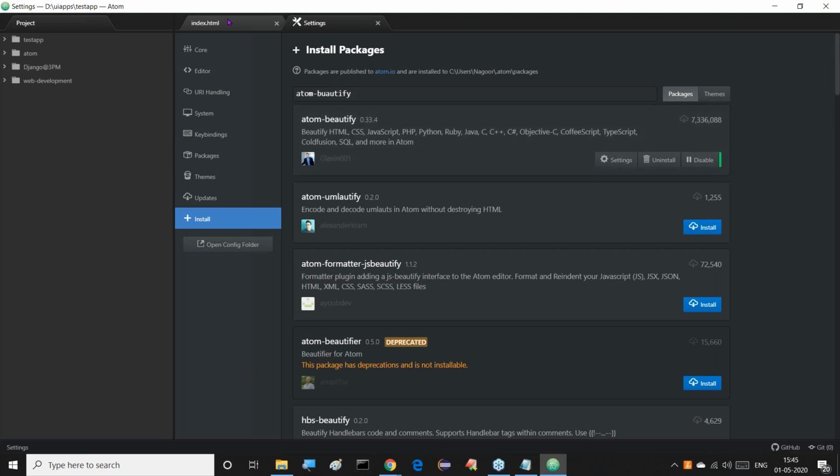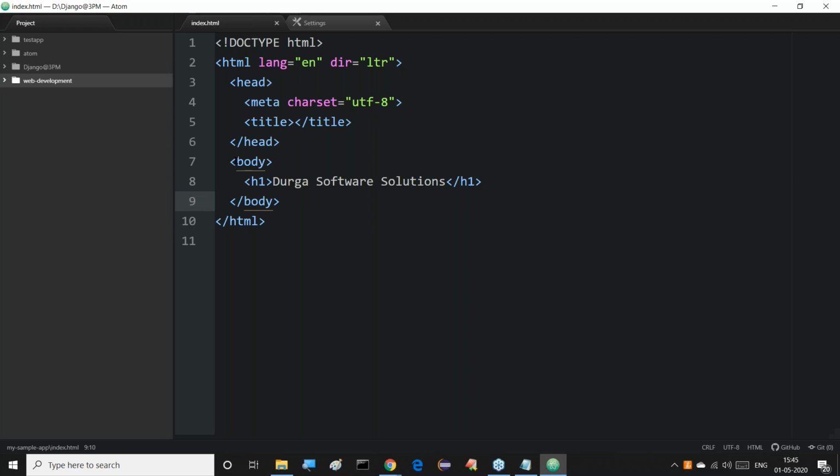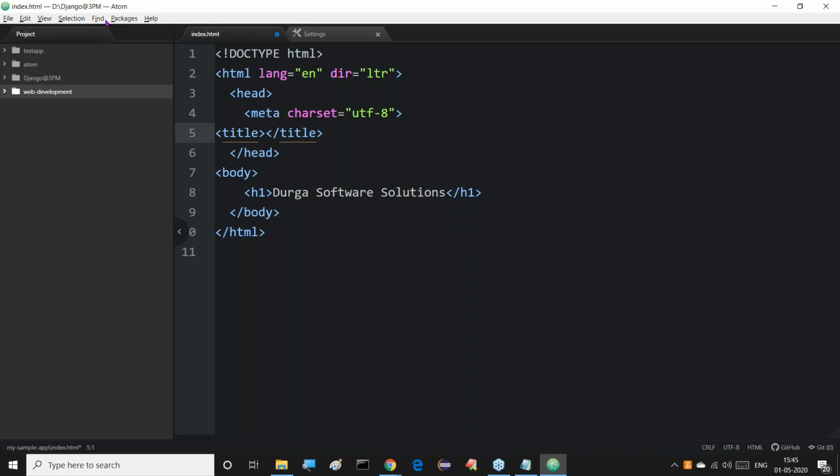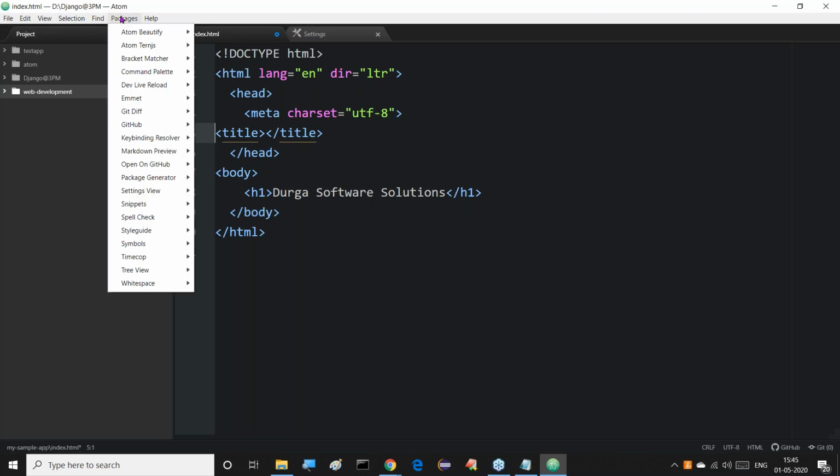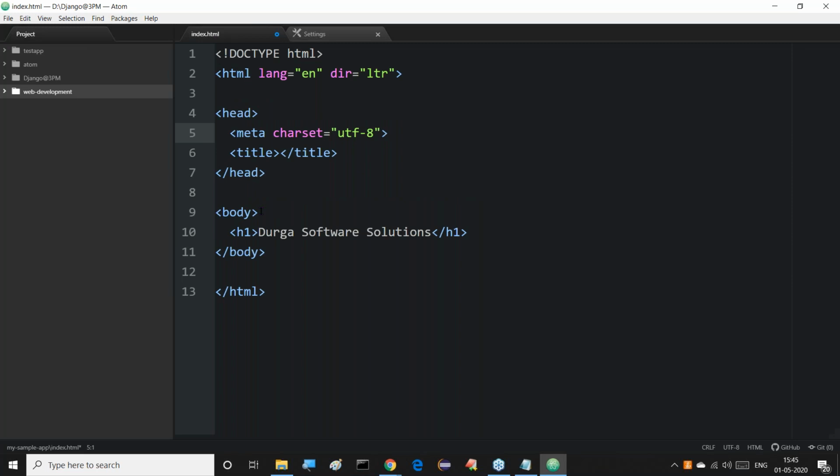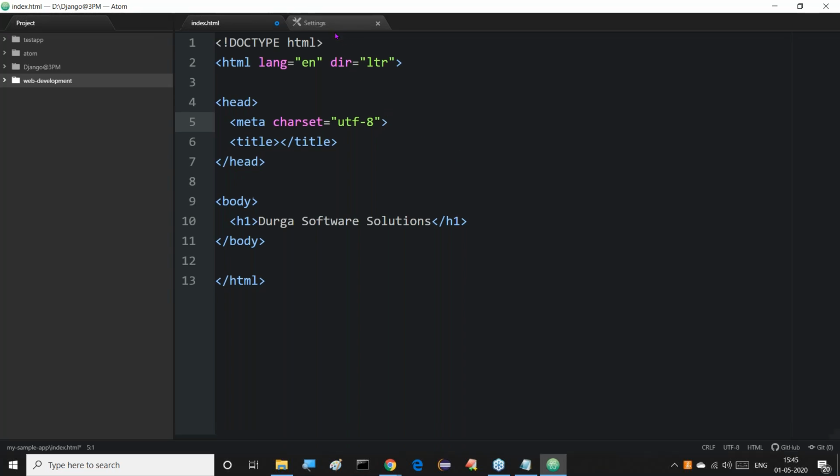Observe this clearly. Say for example, I prepare this index.html and it is not in a particular order. If you provide this one directly, I said you already. Like this, what we are able to get inside this one, right sir. The packages part is available. Click on Packages, and the Atom Beautify option is available there. We can go for Beautify. That's it. It takes a minute, a second of time. The total page will be beautified. Beautify means properly ordered. That is one thing I'm telling you. So this is one thing we require.